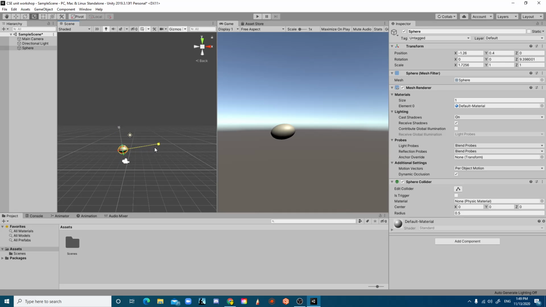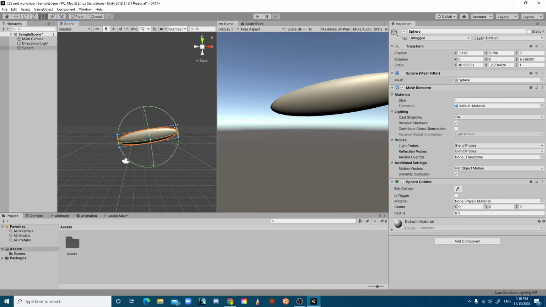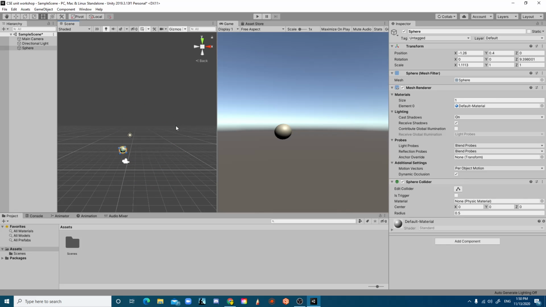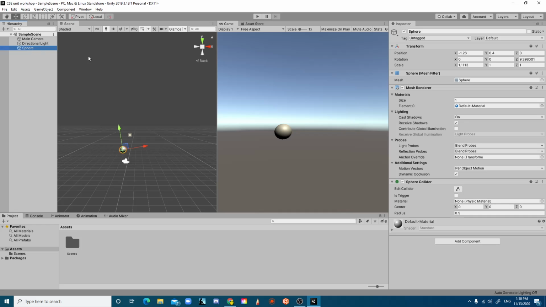You got your Scale tool, which lets you scale it from the X, Y, or Z axes. And you also got your Rectangle tool. Now this does both scaling and transforming at the same time. So let's just do Control Z to set it back to its original. So let's do File, Save, and the next thing we're going to create is, let's click on the sphere, and